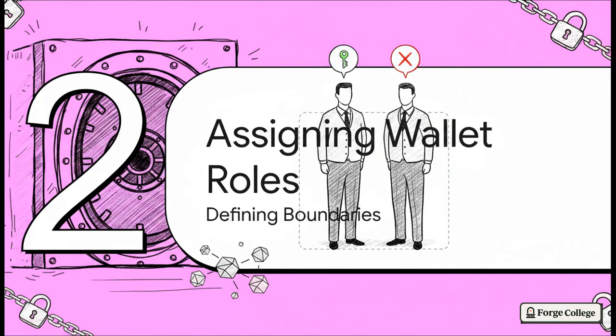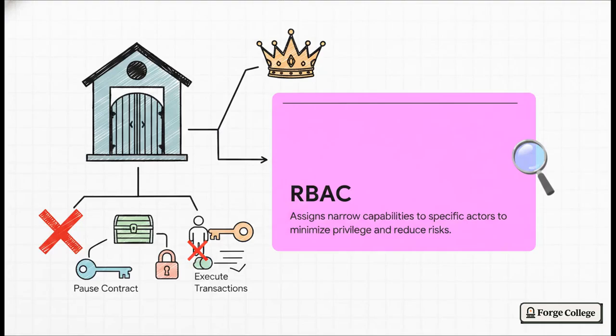Moving on to part 2, assigning the wallet roles. To lay the absolute foundation of our vault, we need to figure out who our strict bouncers are going to be. That brings us to role-based access control, or RBAC. This is basically the gatekeeper logic ensuring only explicitly authorized accounts can perform sensitive operations. Instead of relying on a single, all-powerful owner account, RBAC enforces the principle of least privilege. Think about it. If a user only needs to pause the contract, we absolutely under no circumstances give them the